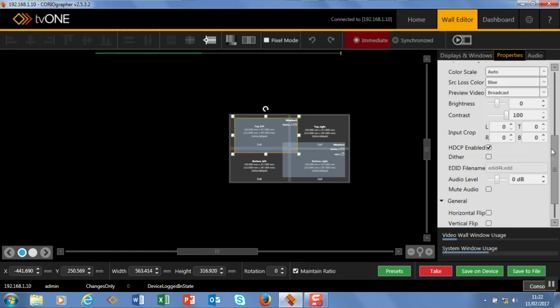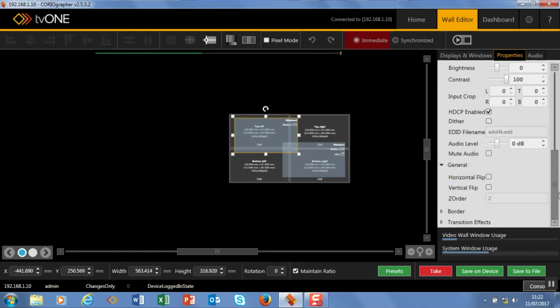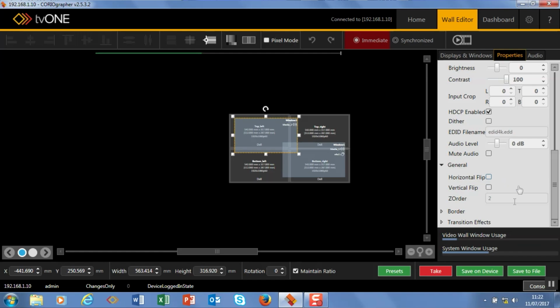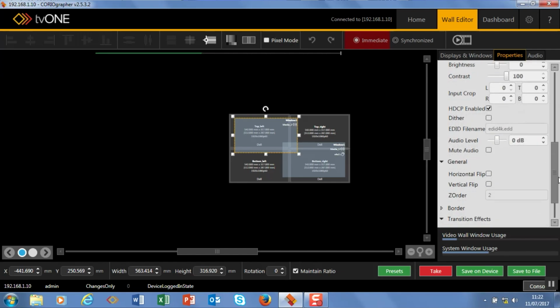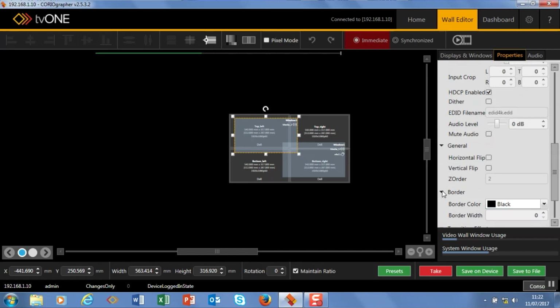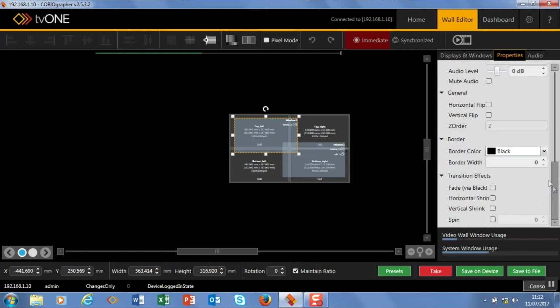So the general settings allow me to flip or change the Z order. We always work within a Z order, so layers are sat behind each other, and I'll show you how that's represented in a second within the display tree view. Transitions, which we'll come to in a moment, so we can do some source transitions, and we wanted borders. So here's the border tool,